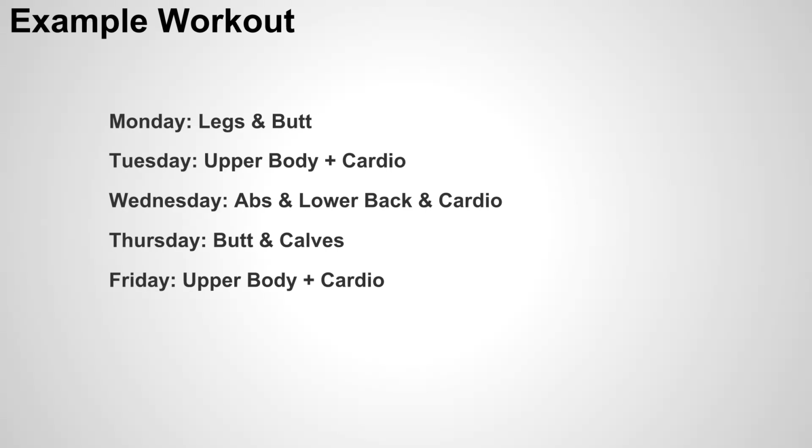If you're doing upper body, legs, and abs all crammed into one day, it's hard to get a solid workout in and hit each of the muscle groups. So we like to just split those up, and again, you could either do cardio every single day, or you can kind of split it up and have it on certain days. On a legs day, cardio might not be the best thing to do. So you can always leave that out if you're not feeling it, or if you've already got a great workout in and you don't think that cardio would be beneficial, or you might risk injury that day,